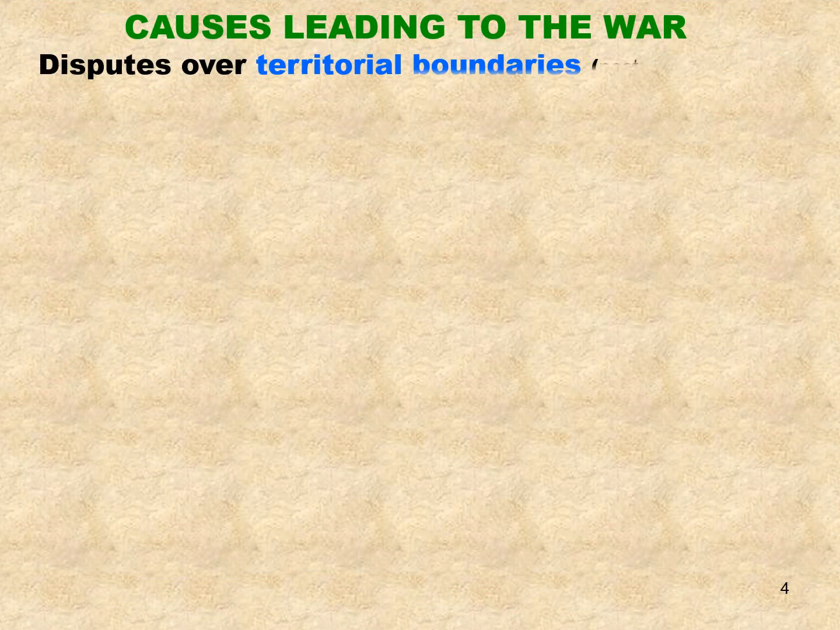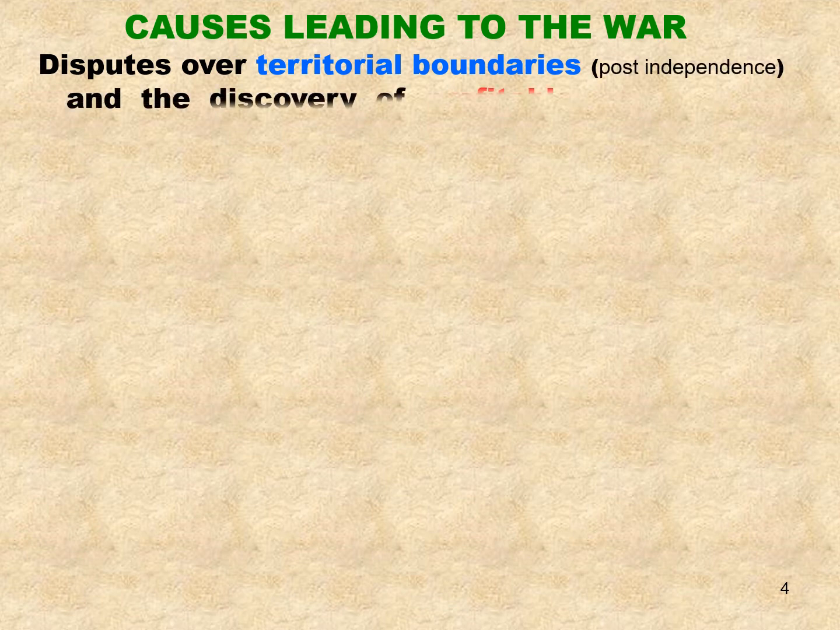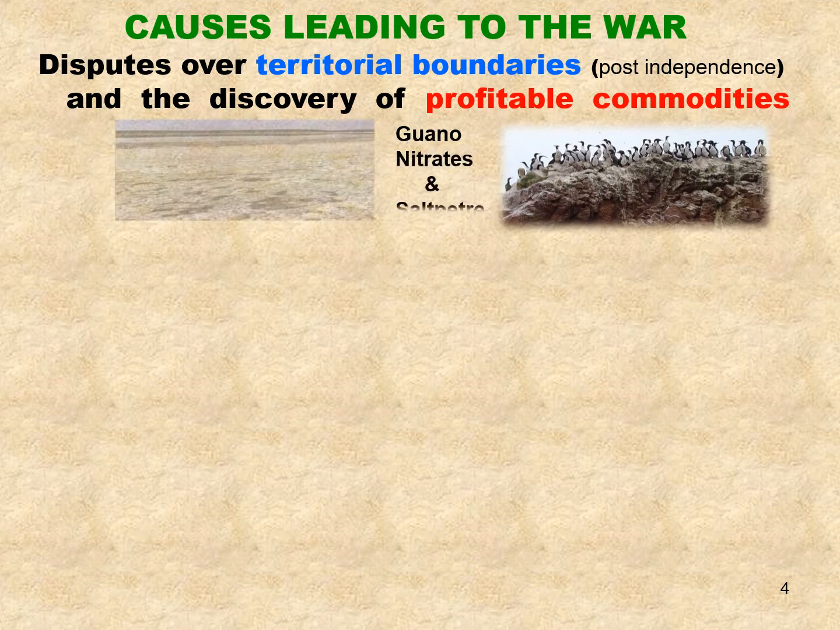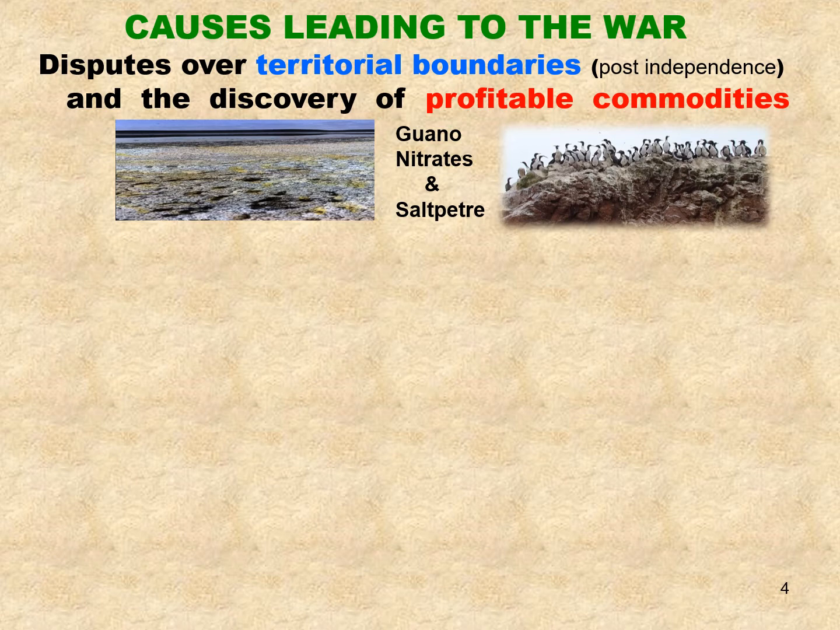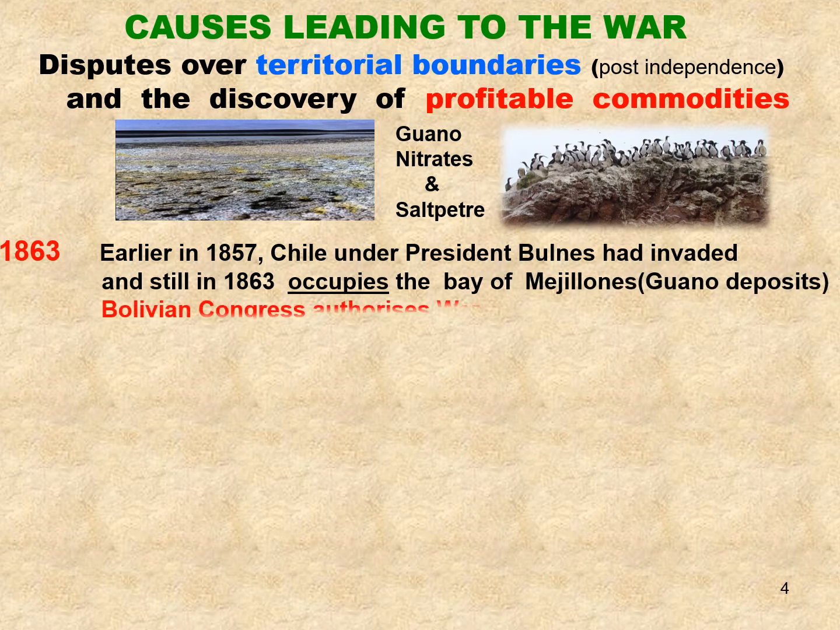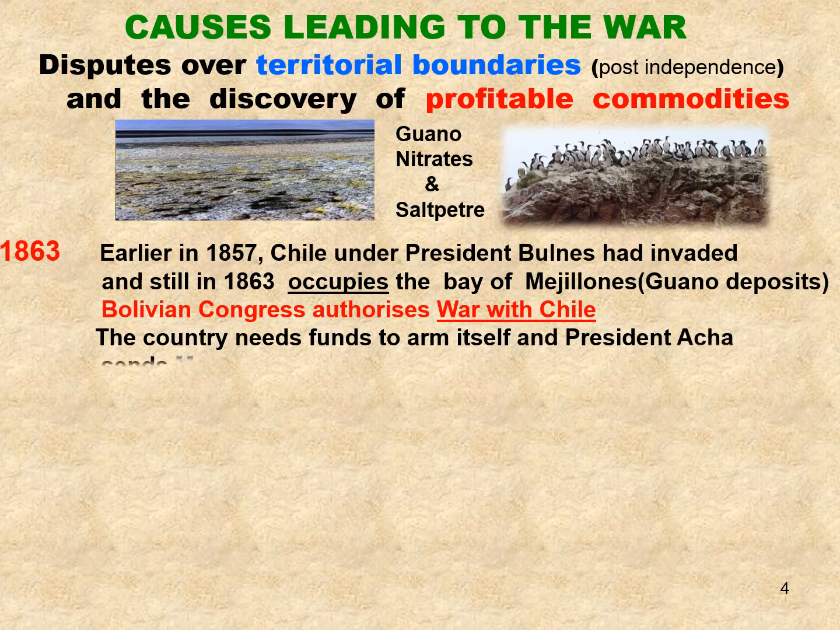The causes leading to the war were due to unresolved colonial territorial boundaries and the discovery of commodities like guano, an excellent organic fertilizer, and nitrates or saltpeter, used extensively as an ingredient for gunpowder. In 1857, Chile, under President Bulnes, invaded, and in 1863 still occupies Mejillones in Bolivia, which is the area of